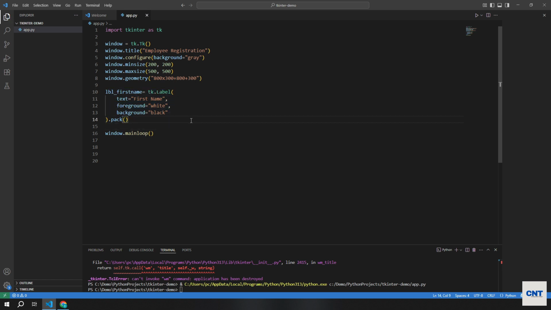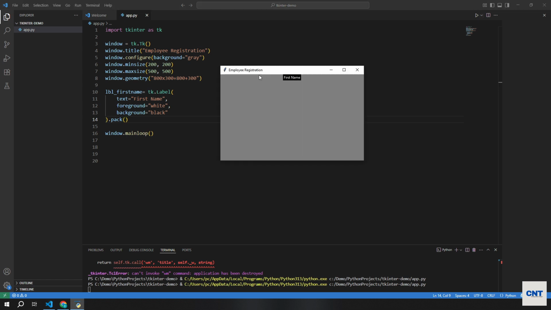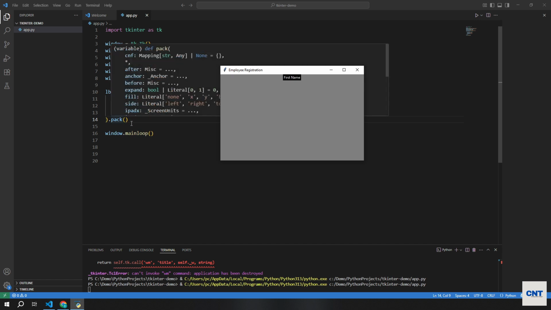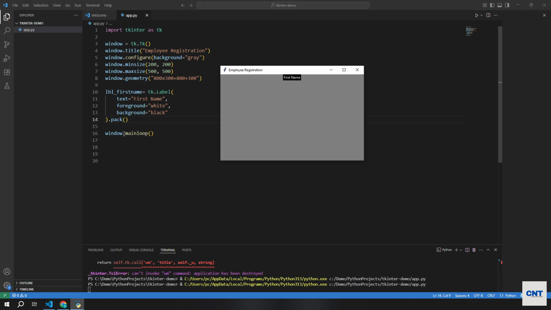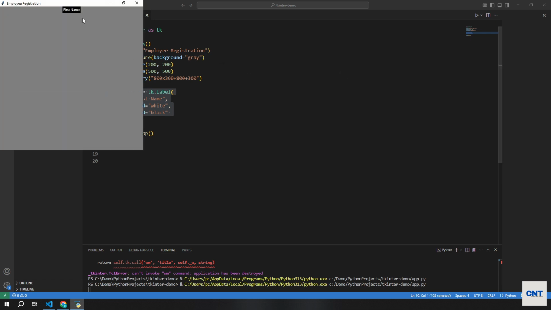So as soon as I save this program and run it, you will be able to see a label on this widget that is first name. It has foreground color as white and background color as black. So this pack method actually is a geometry manager that is used to pack or place the widget on the current window. Okay, this widget. If we adjust the window size, the label will stay in the top center part of this widget. You see,